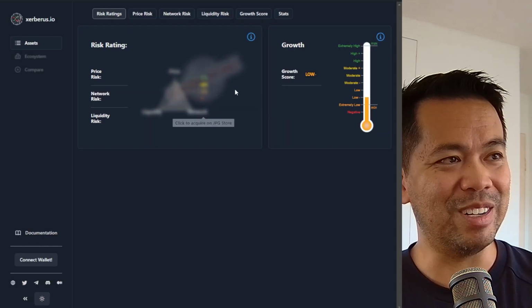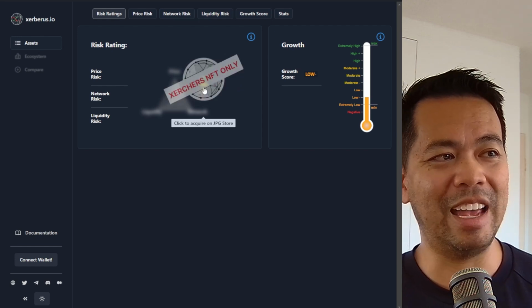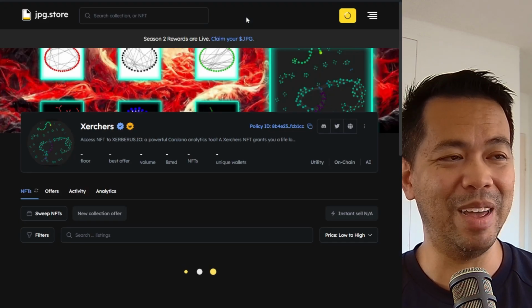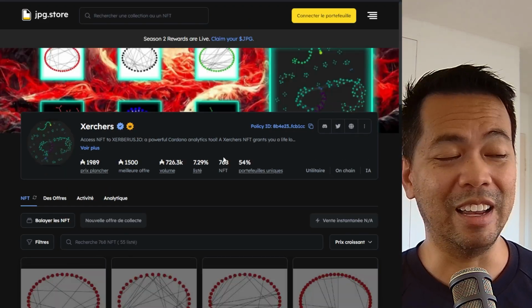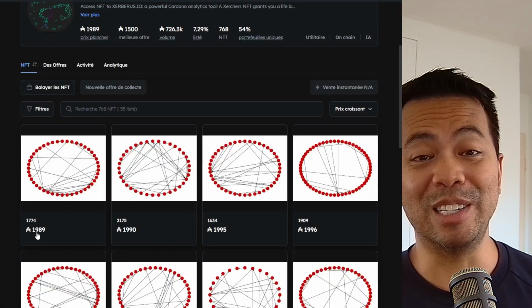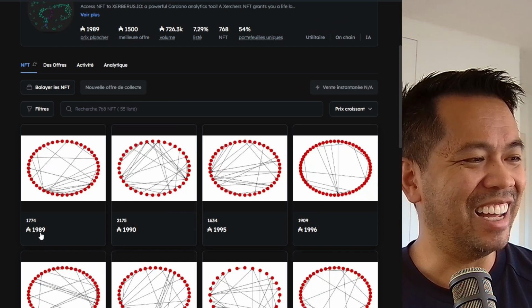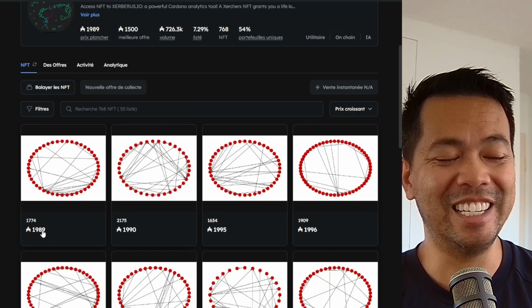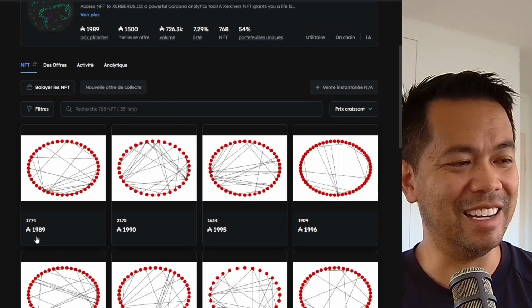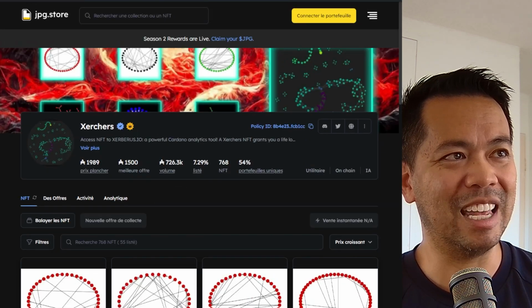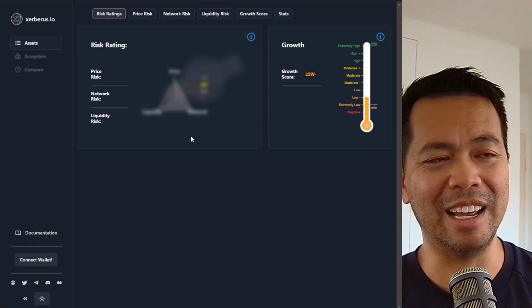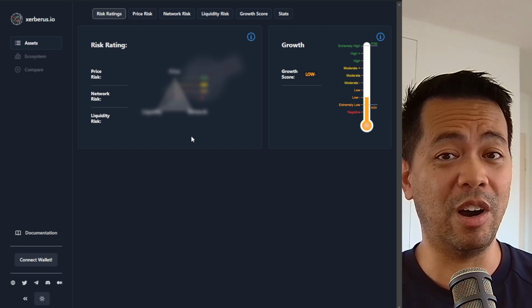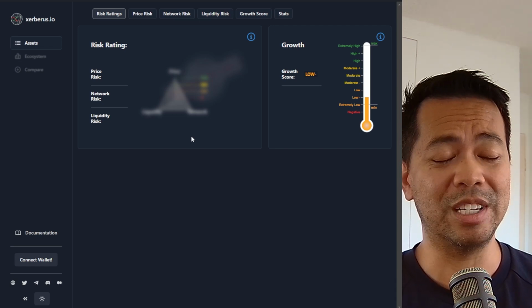To get the detailed data though, you do need to have a Xerberus NFT, and they are selling on JPEG Store. I've mentioned this previously before in another video, and the price of it has gone up. So if you didn't get it early on when I first mentioned it, like I didn't, you now have to pay 2,000 ADA essentially to get one of these NFTs to get this type of risk rating data. It helps with your trades, so it's kind of important if you are doing deep research in any of these